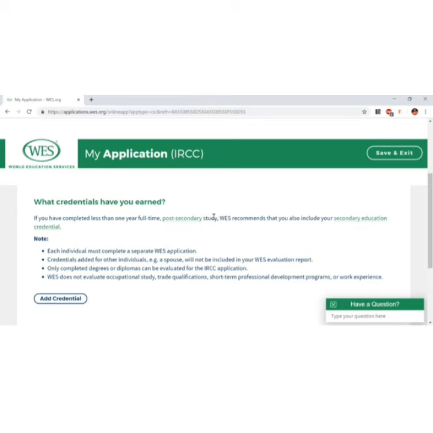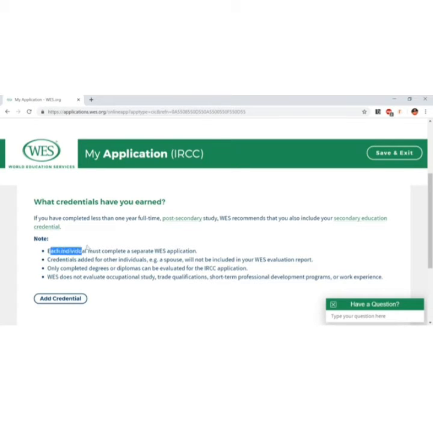Just to be more clear, after my plus two, I just did a course which is like 8 months, and I have a certificate for that. Then I have to make sure I do the assessment for my plus two as well. In another way, if after your plus two you have done a course which is 1 year or 2 year or 3 year or 4 year, then you don't have to do the assessment for your post secondary education. You just have to do the assessment for your degree.